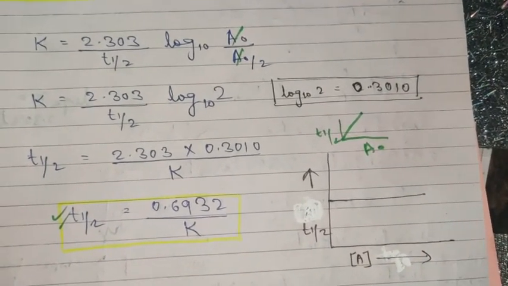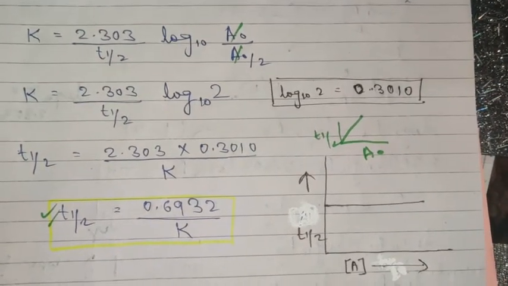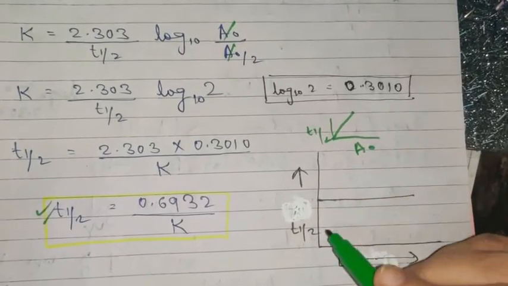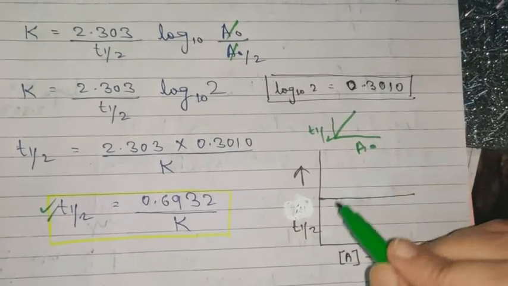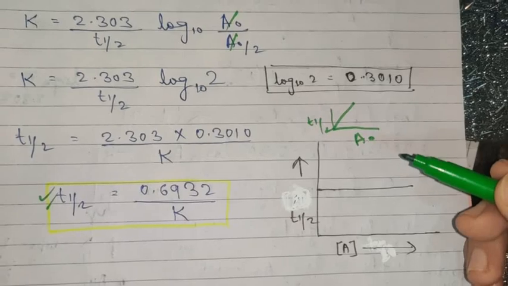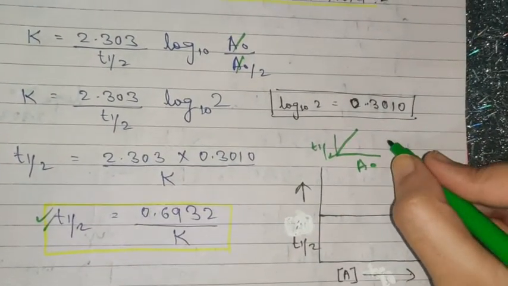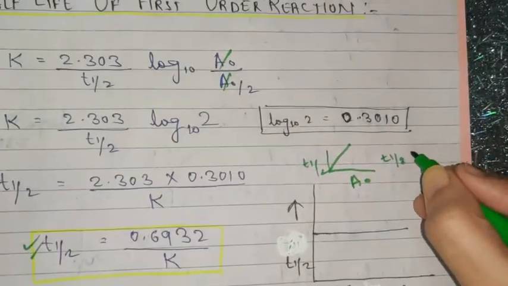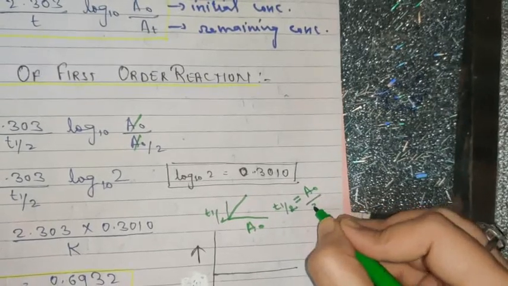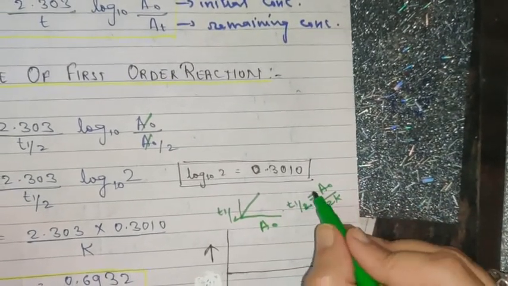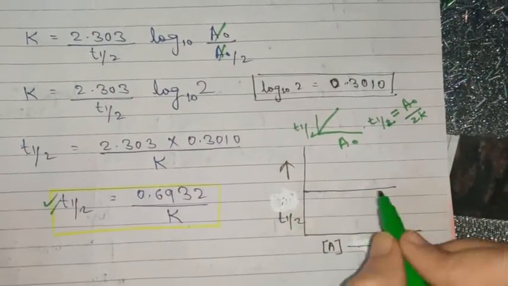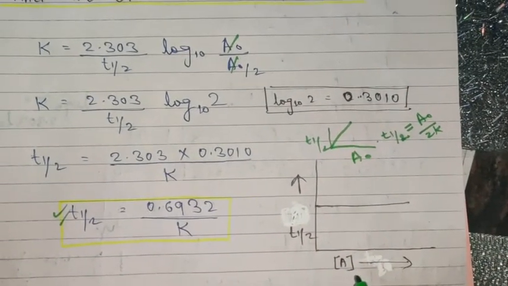Now the question was to define the order of the reaction. I'll give you the definition of the order, children. And then to find that the graph is of which order reaction. Both the graphs were to be identified and the question was of 3 marks. So children, you can see that you get a question as easy as this. If you remember the expression for t half of zero order, it was t half equal to A naught upon 2K. So from this you can see that t half is directly proportional to A naught. That is why the graph was like this, a straight line. And here the graph is flat. That means t half is independent of concentration.